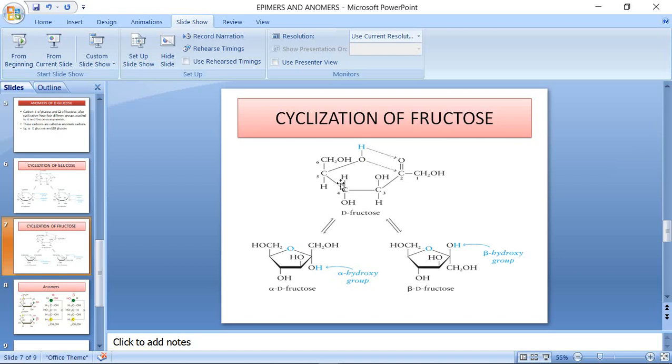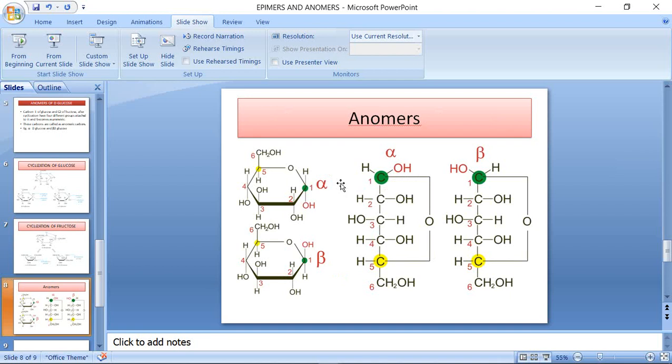Now you know the difference between hemiacetal and hemiketal. A hemiacetal ring is formed in the case of glucose, whereas a hemiketal ring is formed in the case of fructose. So in the cyclic form of glucose, due to the formation of hemiacetal ring, the carbon 1 becomes an asymmetric carbon with 4 different groups attached to it, and it is called the anomeric carbon. On the basis of stereochemistry, at the anomeric carbon atom, 2 isomers of cyclic forms of glucose are possible. These isomers are called as anomers.